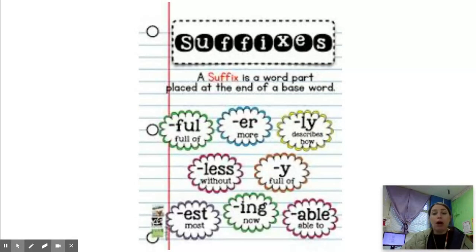Okay. Y means full of, like feisty. They have the Y at the end, so they're ready to go. Or icy with a Y at the end would be full of ice. Like if the roads are icy, they're full of ice. Okay. est, that means most. So if someone is the fastest, it means they are the one that is the most